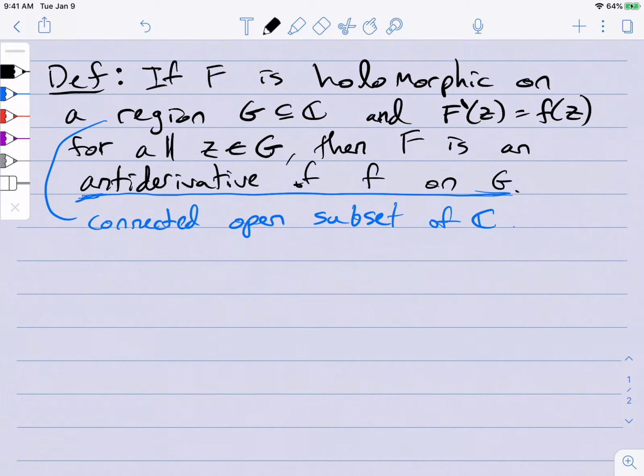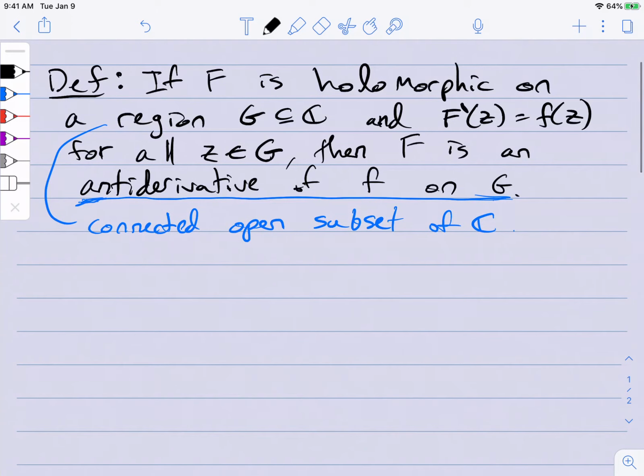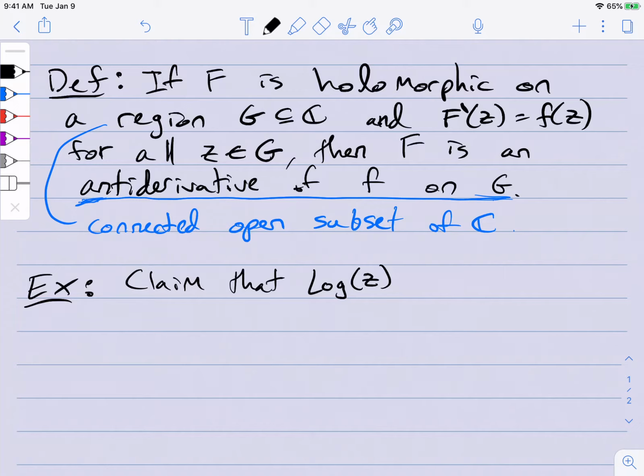And maybe I'll do an example, kind of an important example of an antiderivative. So I claim that the logarithm function, which we defined earlier, is an antiderivative of the function 1 over z. In other words, the derivative of log z is equal to 1 over z